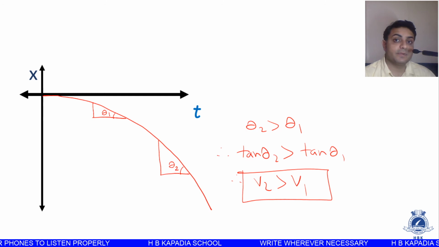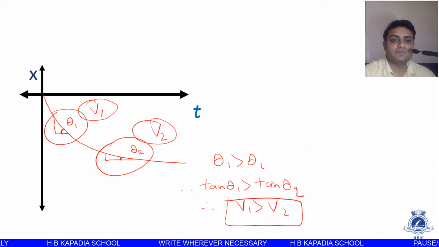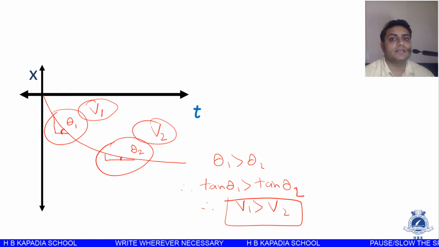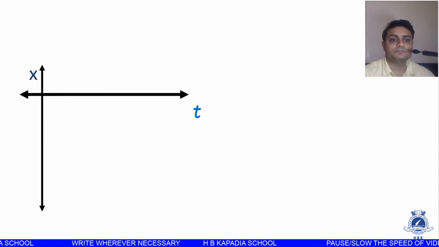But remember, in this case the acceleration will have a negative direction. Why? Because the object is moving along the negative x direction. So therefore acceleration of course is there, but it is along the negative x direction. Okay, similarly in this case we are having a retardation. The velocity is decreasing, it is called retardation, but this retardation is along negative x direction. Okay, so again this is acceleration and this is retardation.